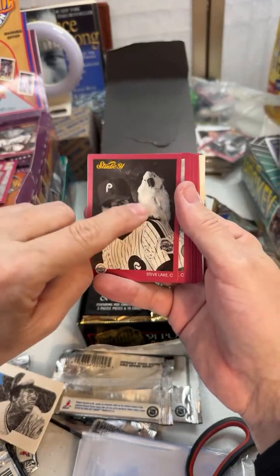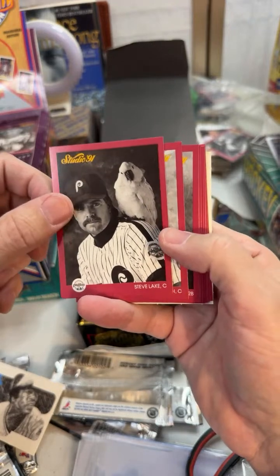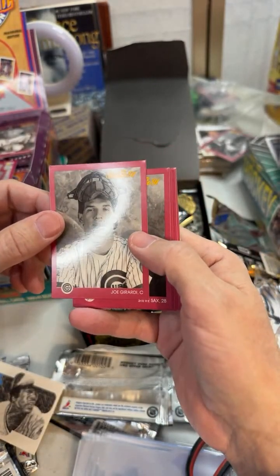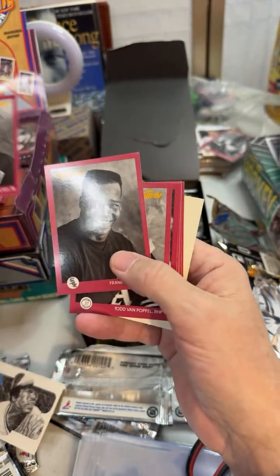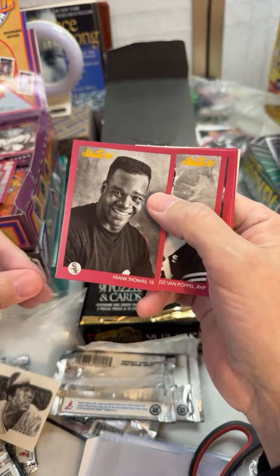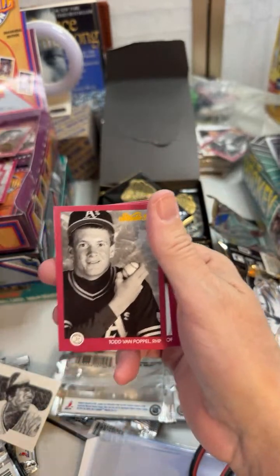Steve Lake, one of the few parrot cards, or macaws. Not quite sure if that's a parrot or a macaw. Who knows? Great card. Jim Abbott was an amazing player. Joe Girardi, Steve Sax. Schilling was '89. Thank you. Frank Thomas, one of the chase cards that year. There we go. Todd Van Poppel, what a...